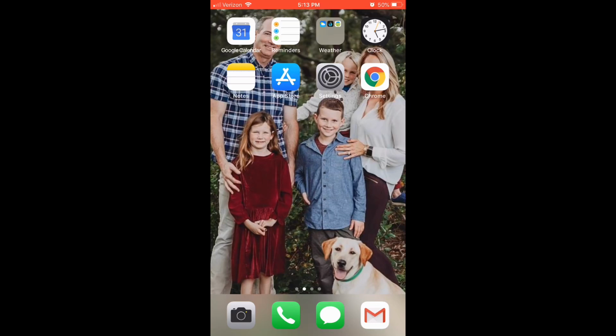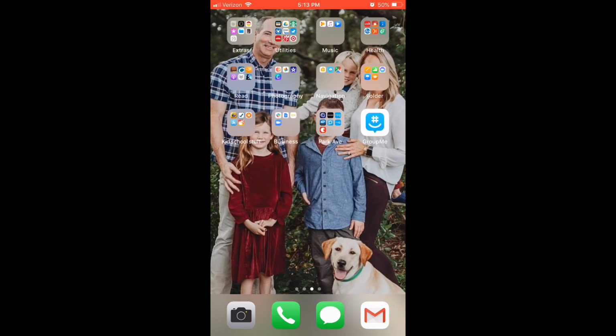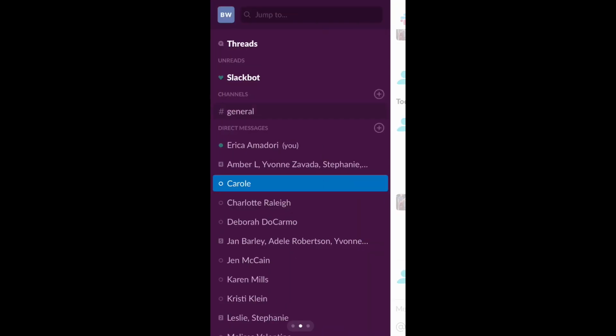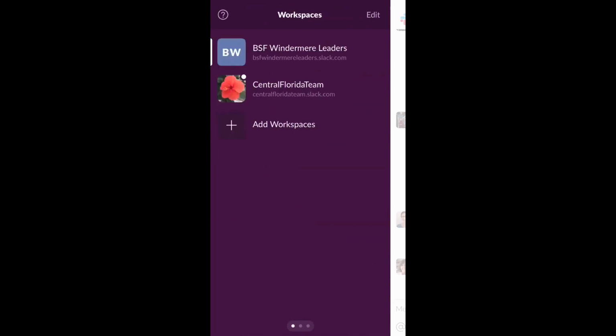Hello group leaders, in today's video I'm going to go over how to create your own workspace within your current Slack account. So I'm going to open up Slack here and I'm going to show you the different workspaces that I have. Here you see my BSF leaders and another workspace, and at the bottom it says add workspaces. You're going to click that